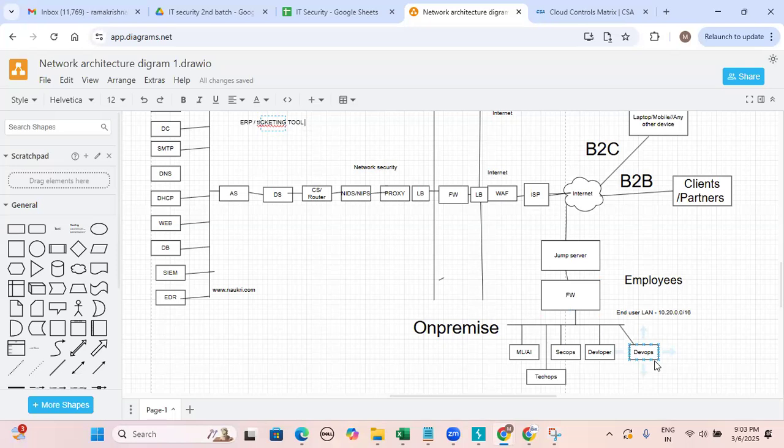You are sitting in your work location, which is called the data center or on-premise or work location, or maybe you are doing the work-from-home option, remote, sitting at your home. In that scenario, when you want to apply for a leave, or download a salary slip, or access one of the tickets in the ticketing tool,